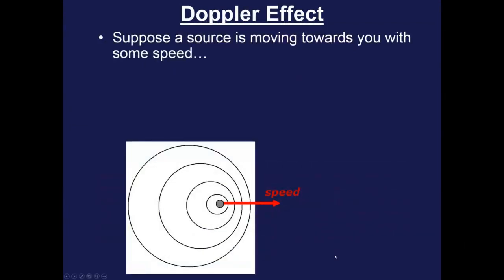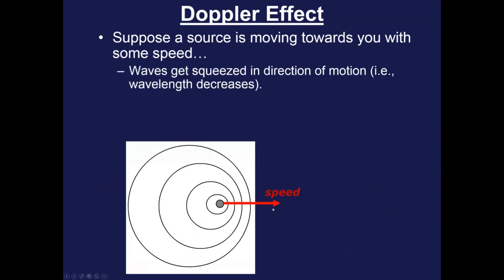So if something is coming towards you with some speed, then what happens is as it approaches you, it's putting out a wave ahead of it, right? It puts out waves in all directions. So if you've got a parked fire truck, it sounds the same in all directions. It's putting out waves to the left, to the right, all around it. But now if it's moving